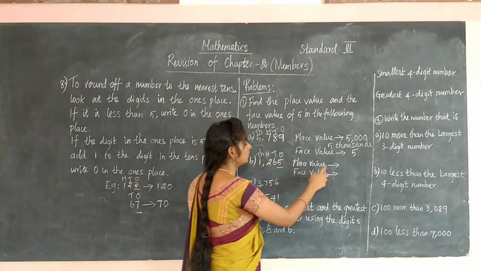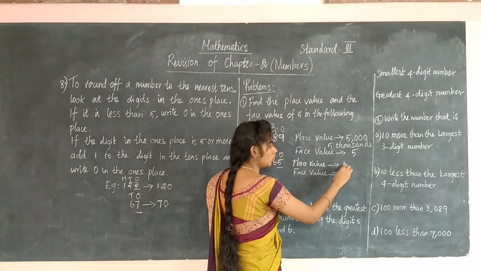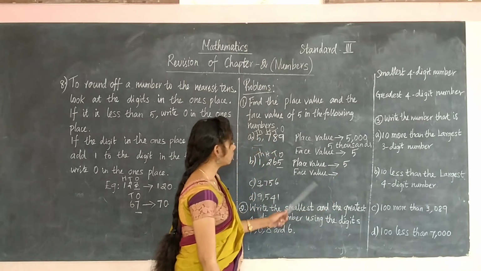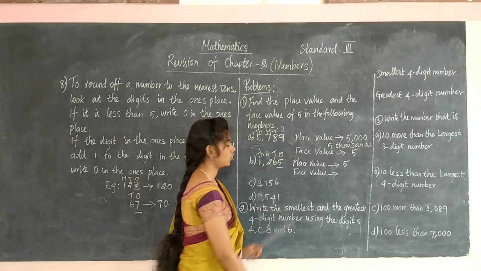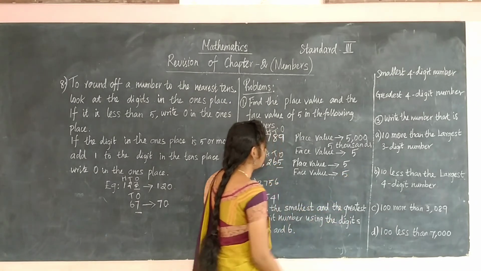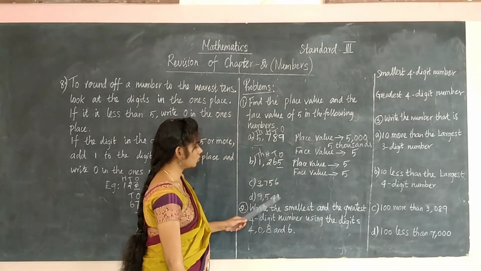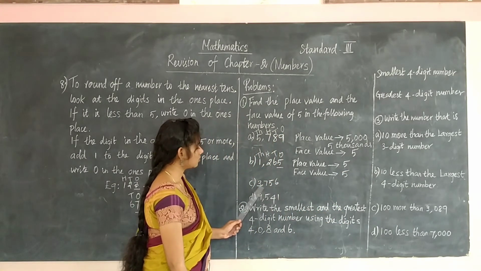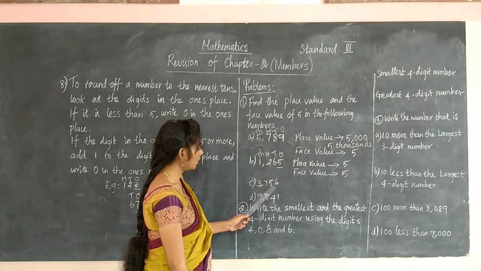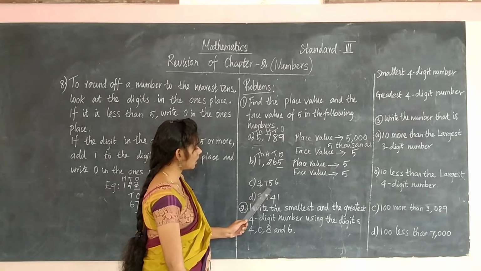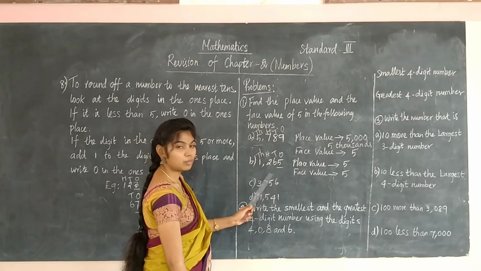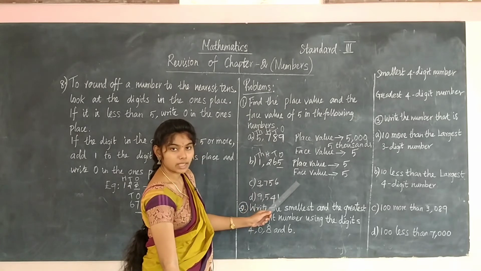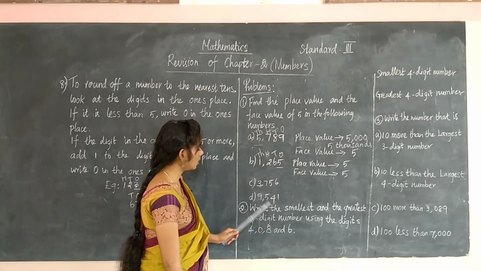So what will be the place value? It is the ones place, so it is 5. Then the face value, the number itself, so the face value is also 5. Then you are going to find these two sums, the face value and the place value for 5. What is the number here? 3756. First write the place values and find the place value and the face value for this number